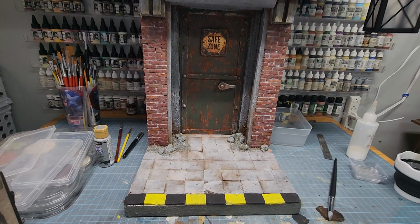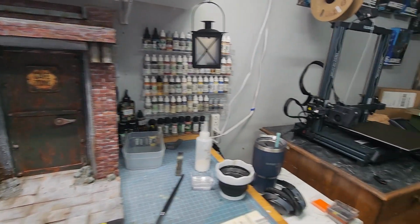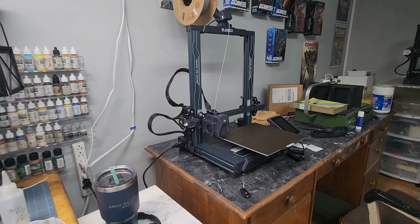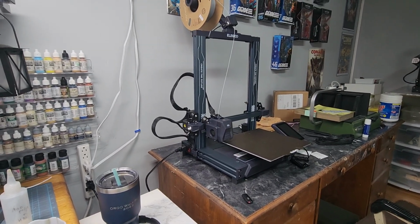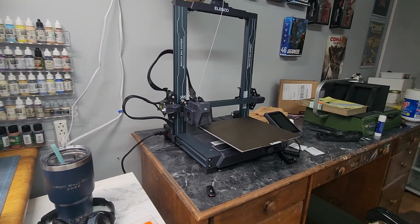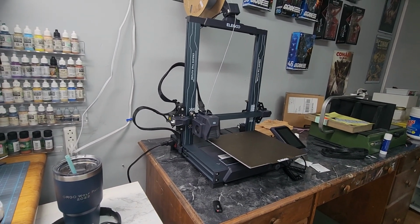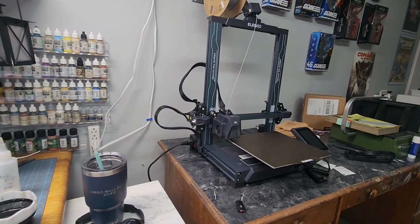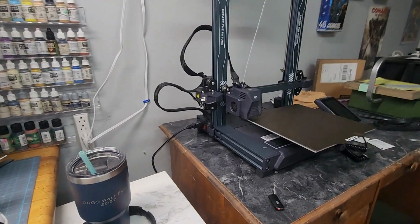So let me show you my printer. I got a new Elegoo printer, this is a Neptune 3 Pro, which is pretty awesome. Took me like 10 minutes to set up. And it's really a very good printer. I've been using that for a lot of my diorama accessories. Let me take you over here to the